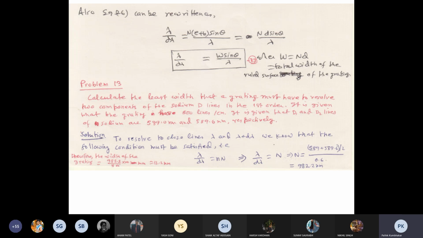So N is equal to lambda by d lambda. Here lambda we take as the average of the two, (589 plus 589.6) by 2, and d lambda is 0.6 nanometer. Both are in nanometers, so the units cancel out. Ultimately we get